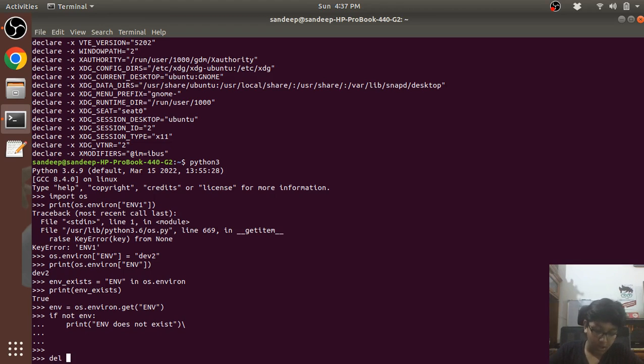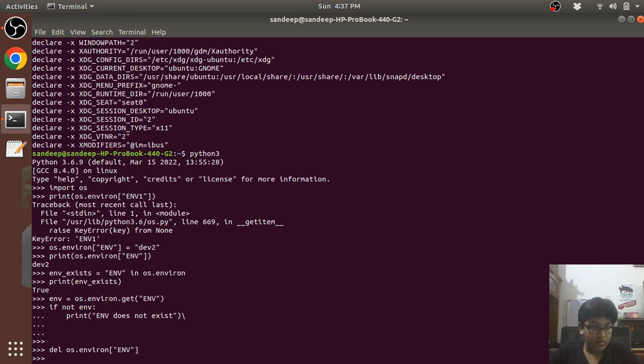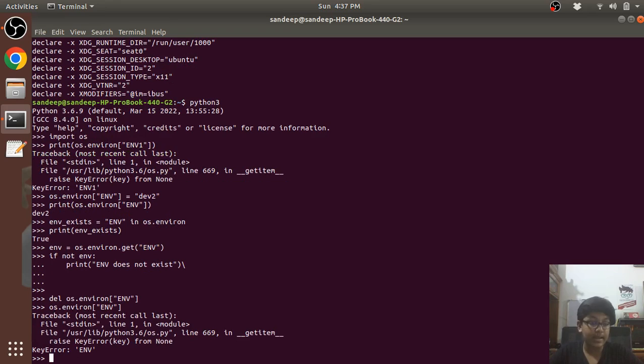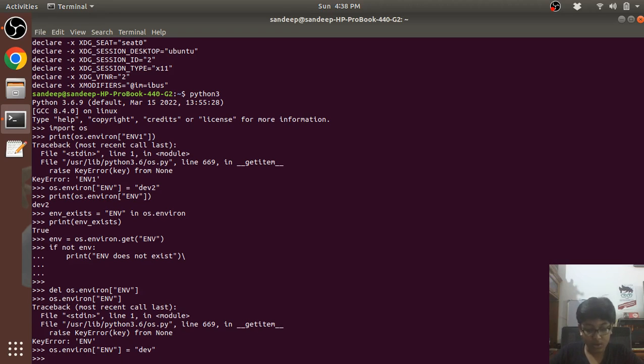So if I do del os.environ and any environment variable like env, now if I try to do os.environ['env'], you'll see we get an error, key error, that env does not exist as it was deleted, right? And another way is that first I'll create this environment variable once again. env = 'dev', right? So it's equal to dev, and next you'll do